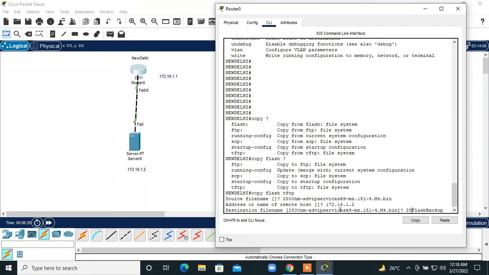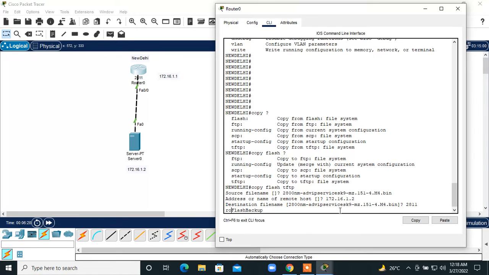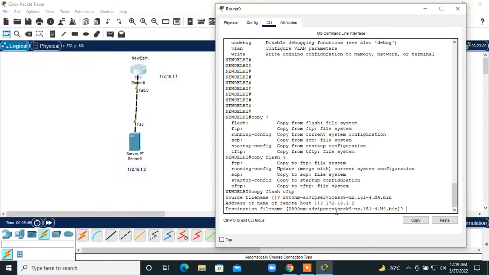Or 2811 router backup. I'll make it this way only, and I'll remove this. One second guys, I'll just make it once again, 2811 router backup,